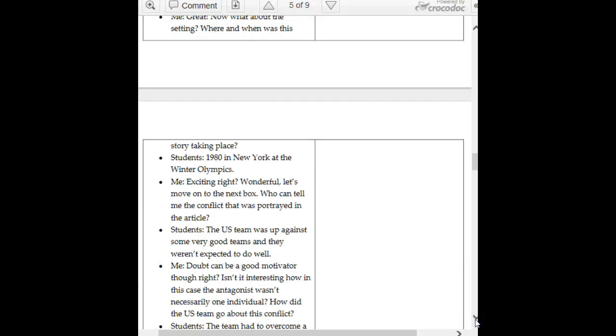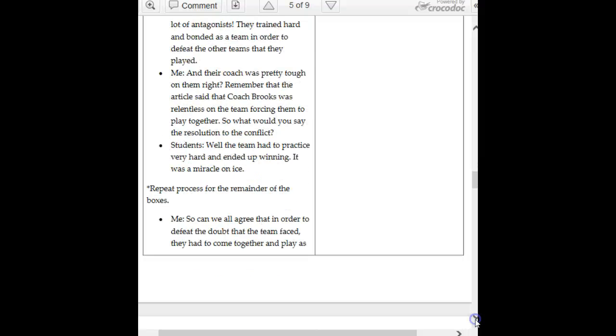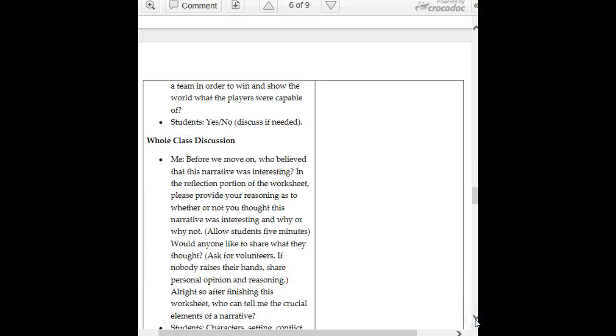And the only thing that I want to push you for, I like the heavy use of back and forth in here, that you have a lot of questions for the kids rather than just telling them everything. You're asking questions about the pieces that you want to draw their attention to, and that's a good way to do it because it helps the students to stay engaged. This here,